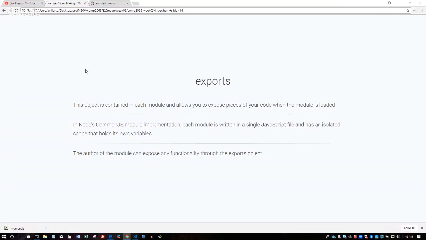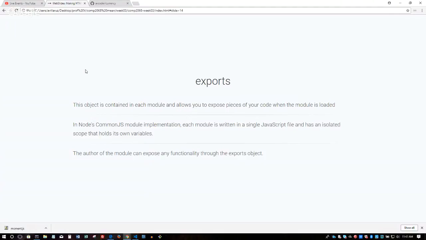Okay. So I'm going to introduce you to something called exports. Okay, so we're going to create our own module, in essence. So what is exports? This object is contained in each module and allows you to expose pieces of your code whenever this module is required by something else. So in Node, there's something called CommonJS, which is the name of this whole module system.